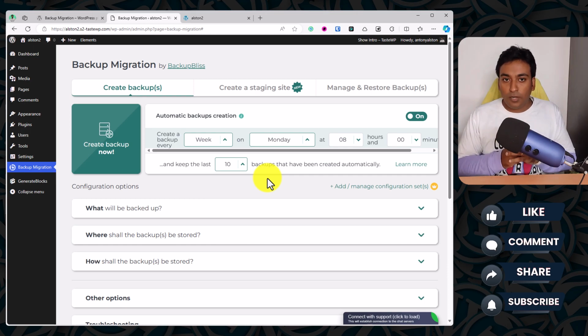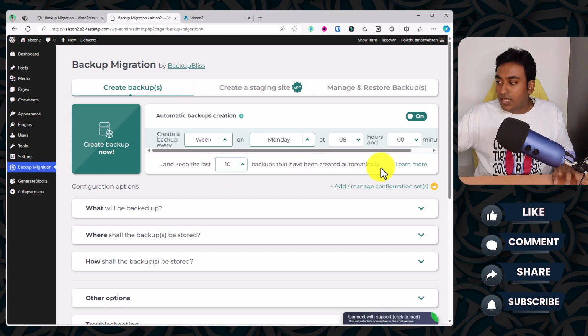Just another important point, if you're keeping it on 20 and your website size is, let's say for example 10 MB, that means all the time when all the backups are created, you will be using 200 MB of space on your web hosting disk space. So just remember that. If your website is big, let's say 1 GB, then it's going to be using around 20 GB of file space on your web hosting. So depending on your use case and the disk quota available to you, you set how many backups you want to create here.